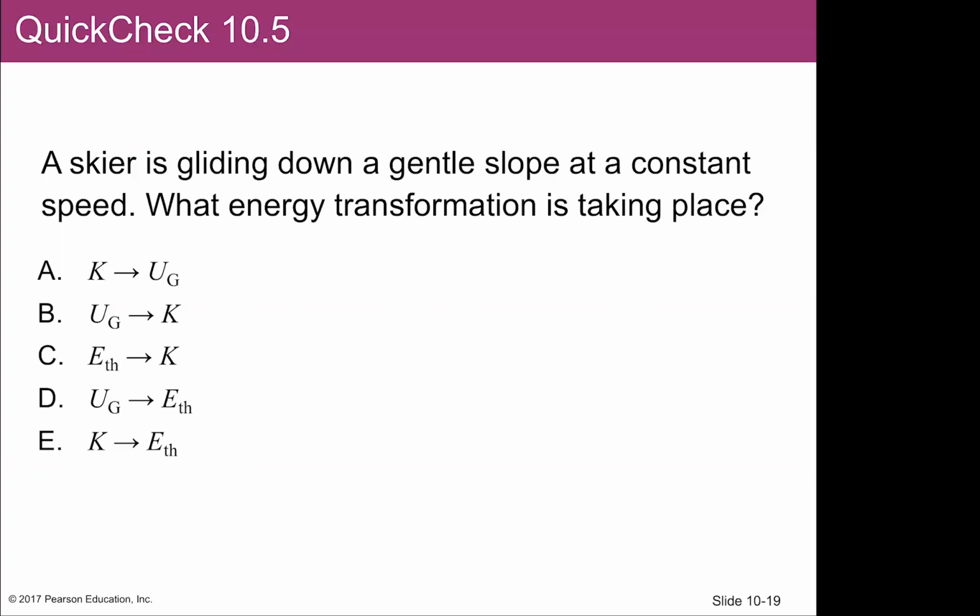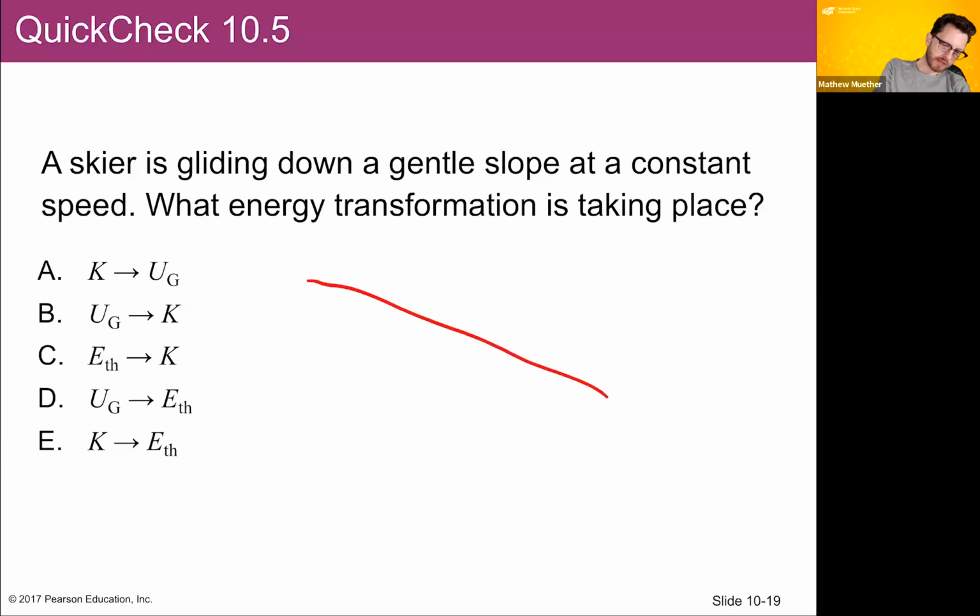Okay, let's go ahead and end this one. Most popular answer here was D, that it's potential energy converted into thermal energy, followed by kinetic converted to thermal. Right, as the skier is going down the hill,